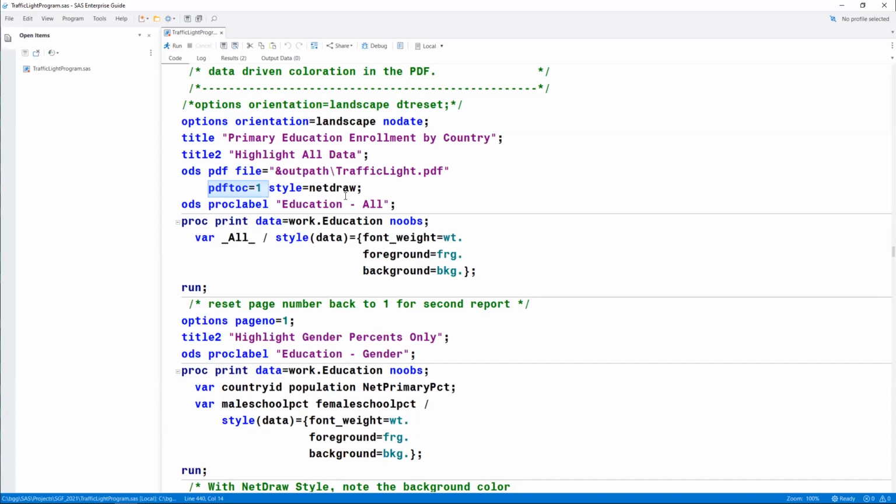And I'm setting it so that the table of contents that actually does occur when you generate one of these files by default enters the names for the table of contents at their very highest level, so that they're not opened up like you would open up a folder and see all the files within it. I just want to see the folder or the highest level of the name for this one report